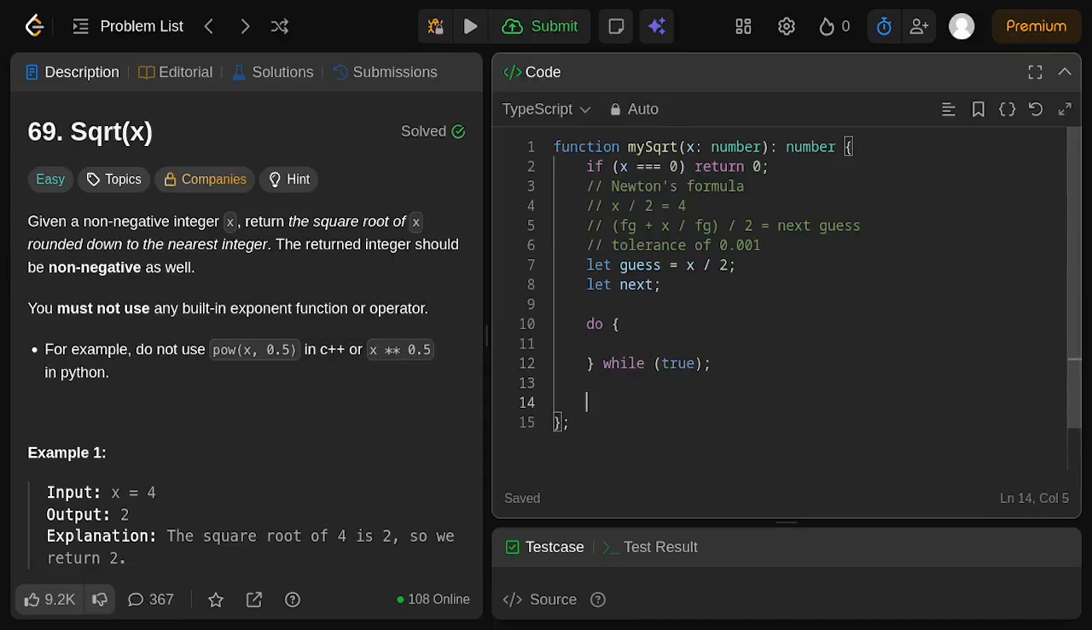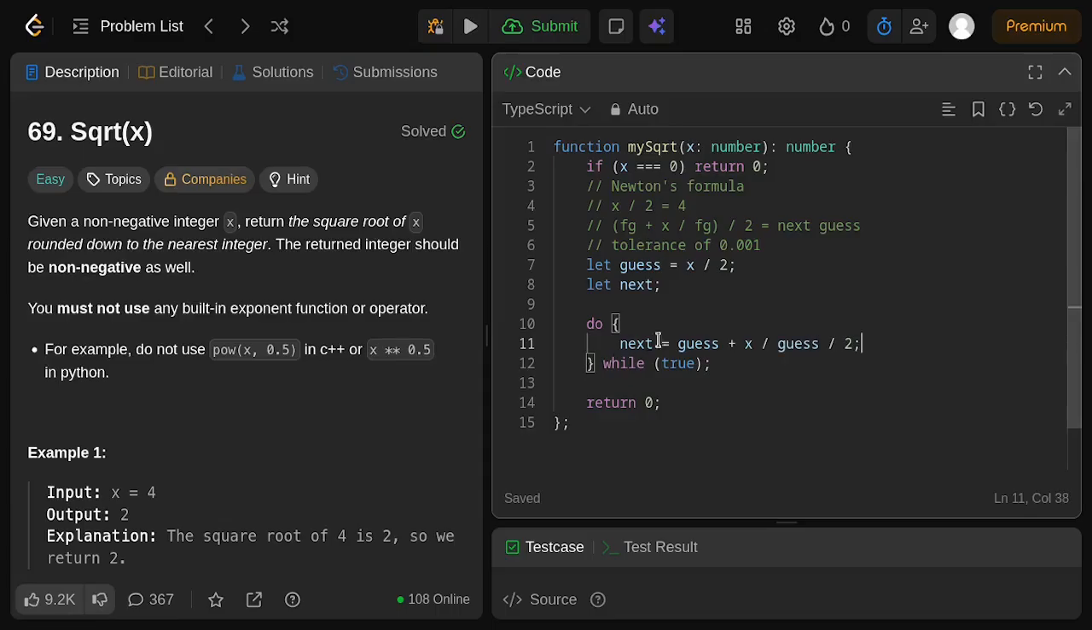After the do while true loop, we can return 0 if we don't find anything, or you can use return next as the answer. But for this challenge, I'm using return 0 instead to catch the case where the do while loop is not returning anything. So for the next variable, we declare next equal to, like I said, this Newton's formula: the guess, added to x divided by the guess,